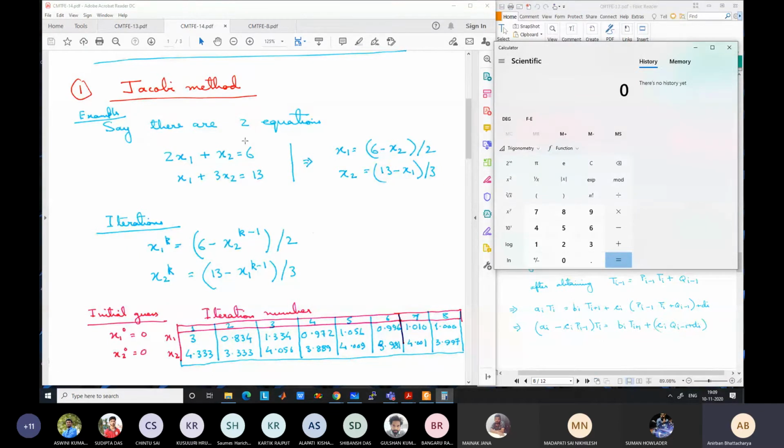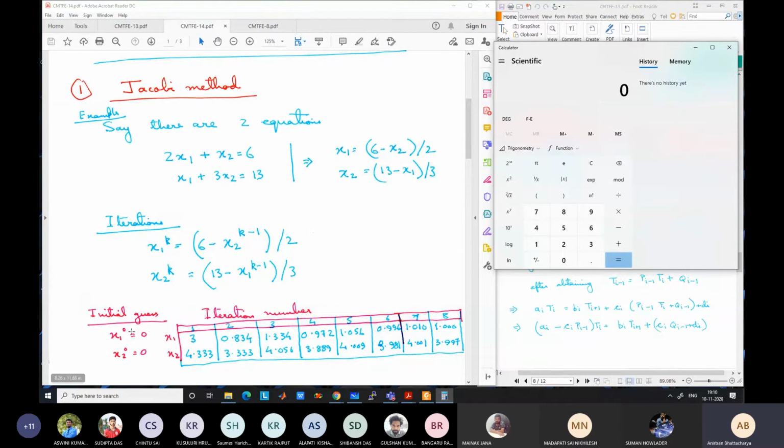This is a very common guess, when nothing is known. But obviously, by taking a look at the equation, you can say that the values should be around 1 digit or maximum 2 digits, because these coefficients are not very large. It will be very odd if x1 and x2 are of the order of 10,000 and still we get very small values. That can happen, but it is a very strange situation. In general, x1 and x2 should not be very large.